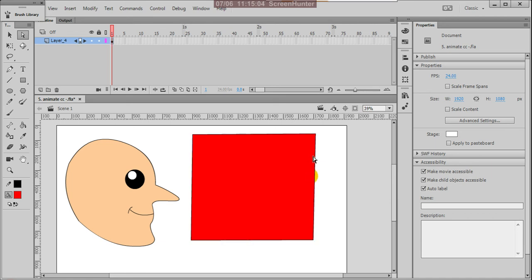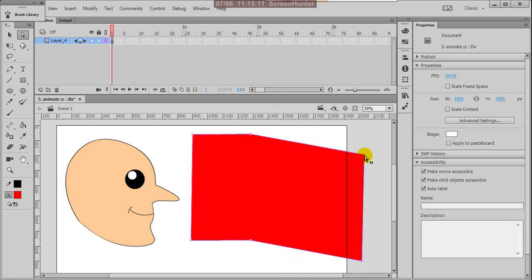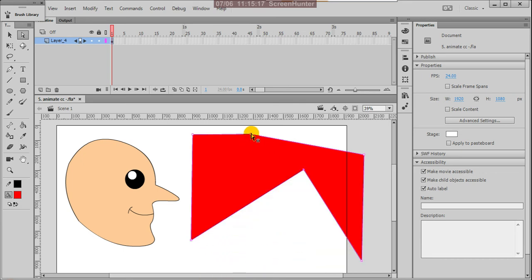Along with your color it is selecting, but you can edit your shape by clicking this point and dragging how you want. That is very helpful in editing.